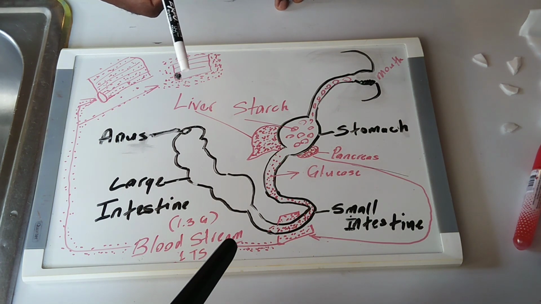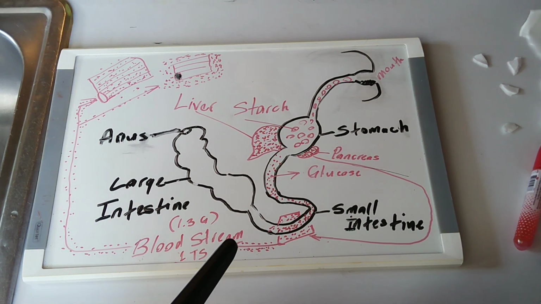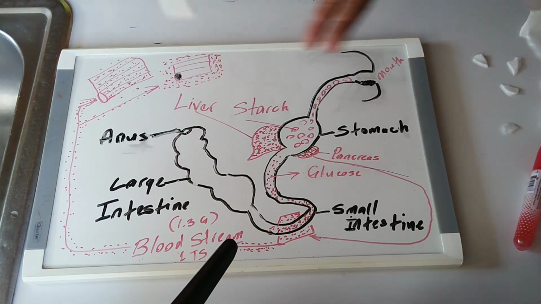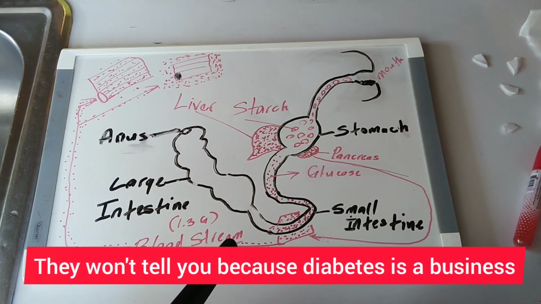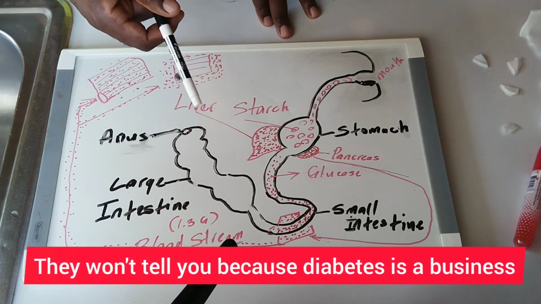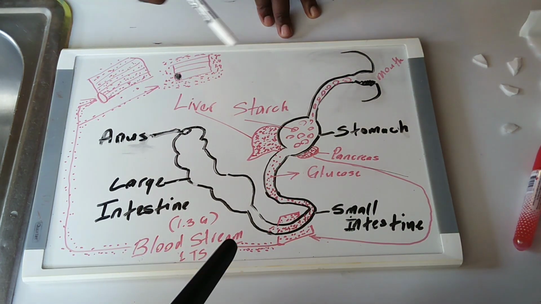They're being disingenuous. Because diabetes is a big business. You have Diabetes Canada, Diabetes England, the UK, Diabetes America, Diabetes Australia, Diabetes Jamaica. And you never hear Diabetes Jamaica put out a schematic like this. I'm probably not going to use even this video to teach people how the thing works, because as I said, if you don't have information, you're going to die. Because information is the key.